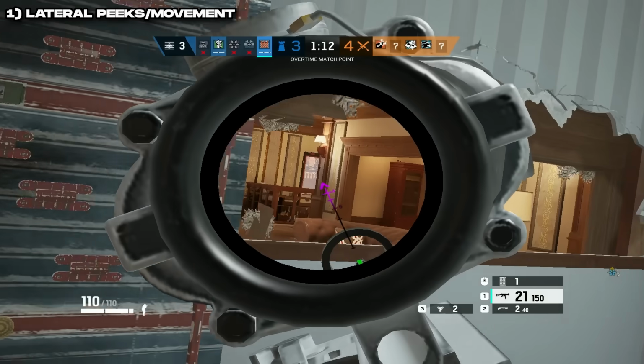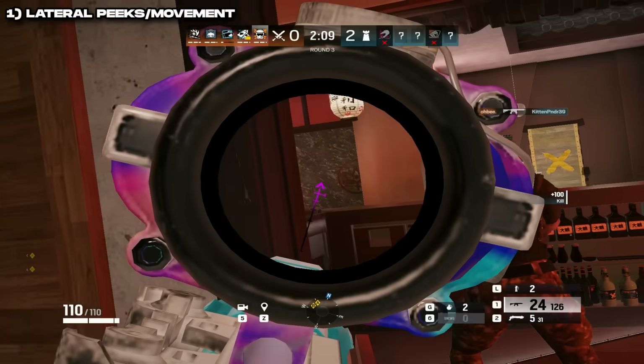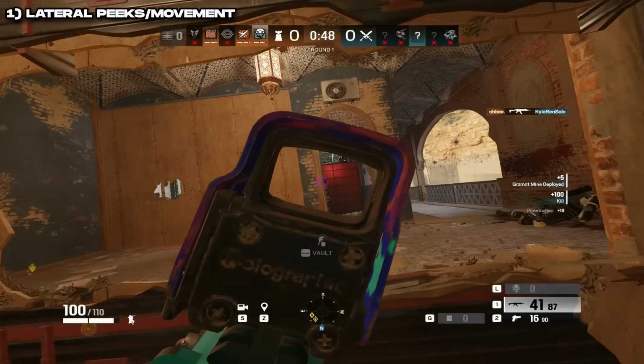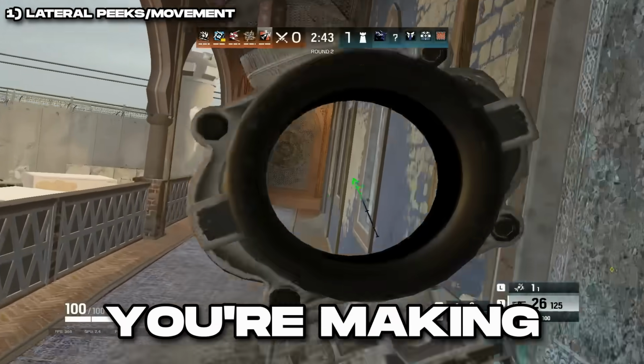Now, obviously there are times when you need to move forward while swinging, like when you're clearing a tight corner or if you need to walk somebody down. But for the majority of your fights, you want to keep your movement clean. Straight lines forward, straight side swings, or straight back. The second you start curving your movement, mixing in forward or back while you swing, you're making yourself way easier